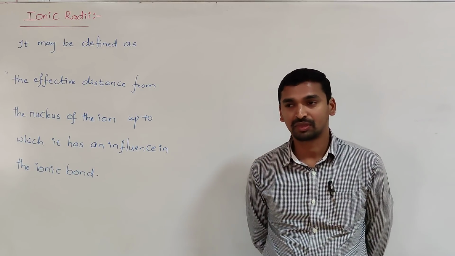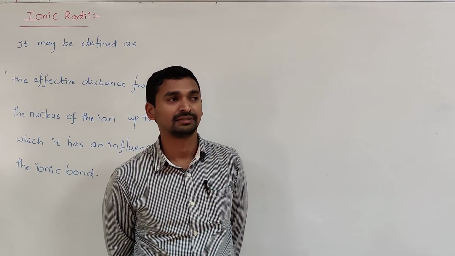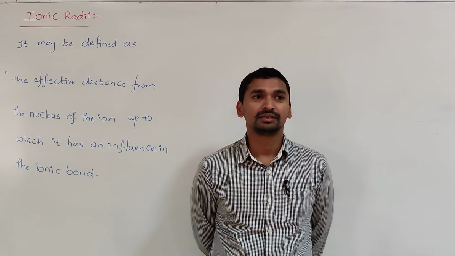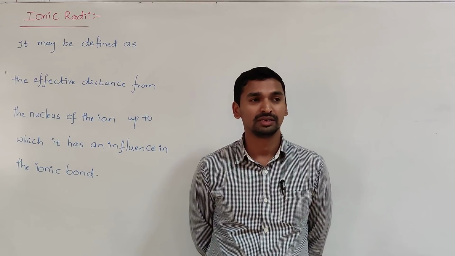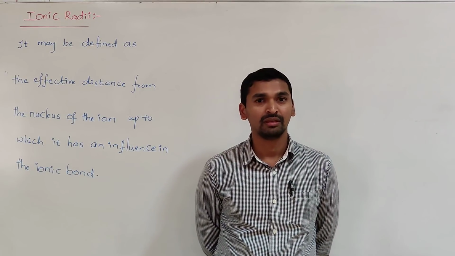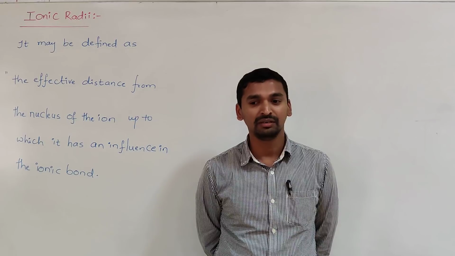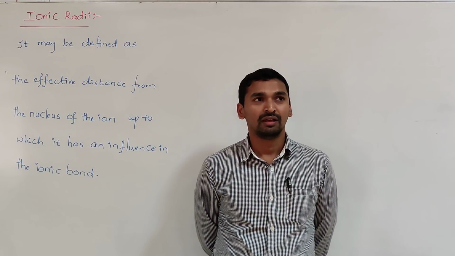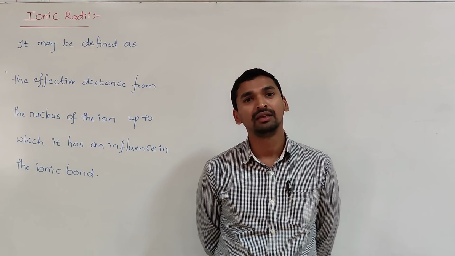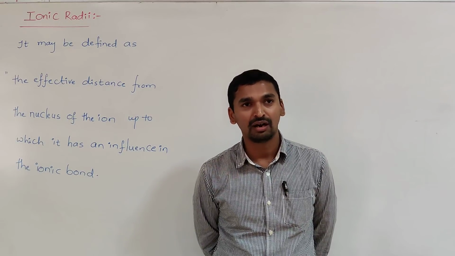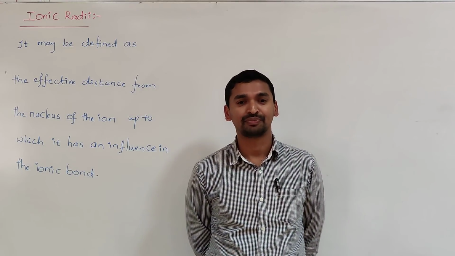Good morning, students. In the last class, we discussed one of the physical properties, atomic radii. Atomic radii is the distance from the center of the nucleus to the outermost shell electrons. We discussed it in terms of three: covalent radii, metallic radii, and van der Waals radii. After that, we made conclusions. The van der Waals radii is always greater than the covalent radii or metallic radii. But altogether we can call it by a common name, atomic radii.